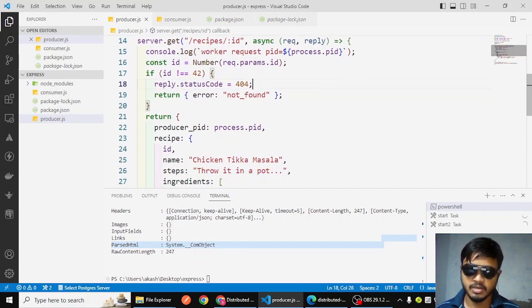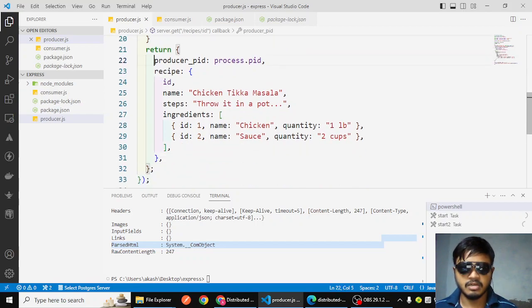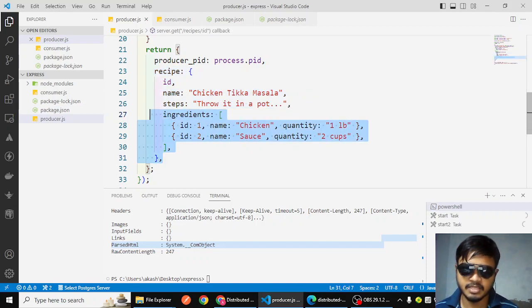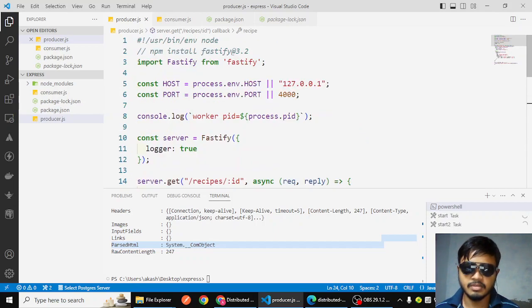Now you might have understood it. It would have something called producer_pid, which would have the ID of the process as its value, and it would also give the recipe as an output. So this is what is being done in the producer microservice. Now what the consumer does is